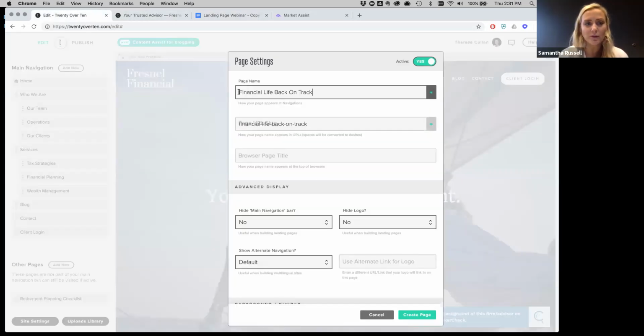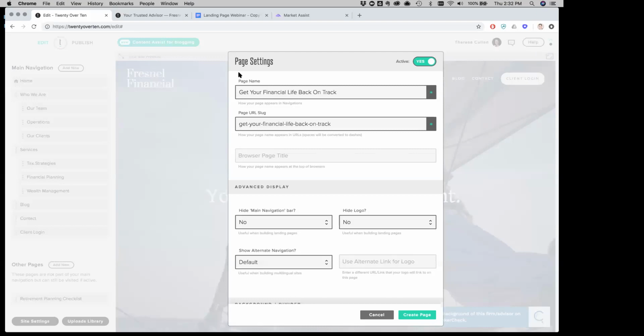I think, Ryan, we should just preface this by saying what the use case would be. This would be if we wanted to build out a landing page in this first iteration where we already have someone's email and we want to get them to come back to a piece of content, to download it, to show our expertise and our thought leadership, and get them to book a meeting on our calendar.